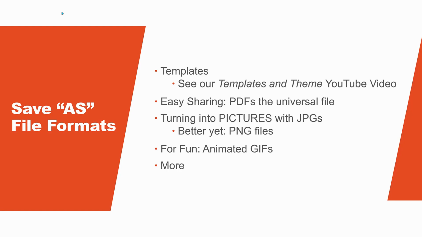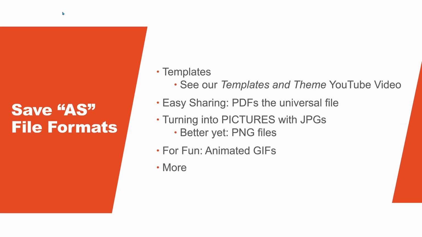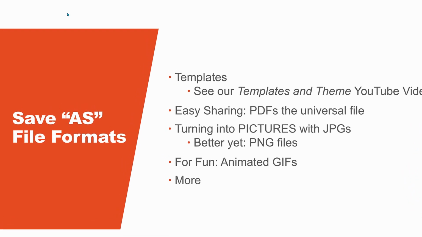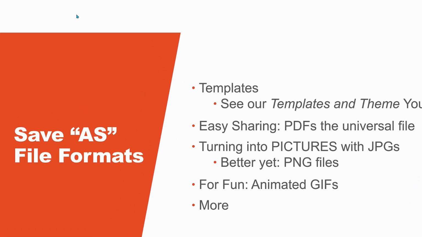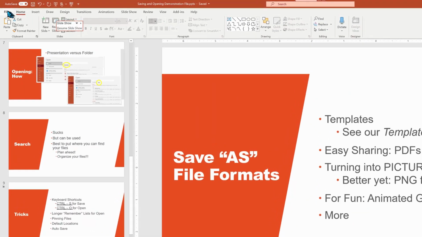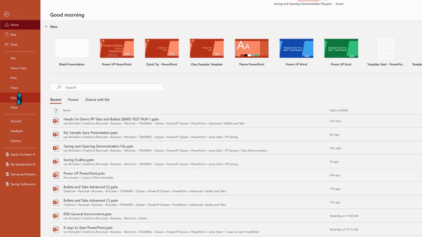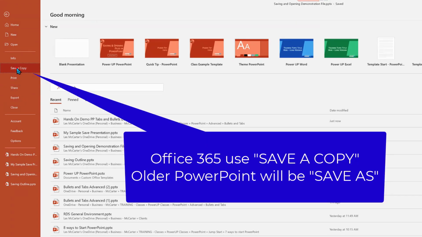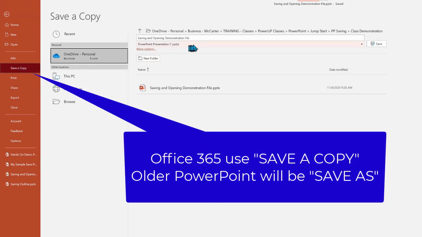In addition to just saving your file, PowerPoint gives you the ability to save as a variety of other types of file formats for use in different programs. There is the possibility to save as a template or a theme, but you do need to take a look at our other YouTube video on how to use templates and themes. Let's look at this. Under File, Save As, you're presented with dozens of different types of file extensions